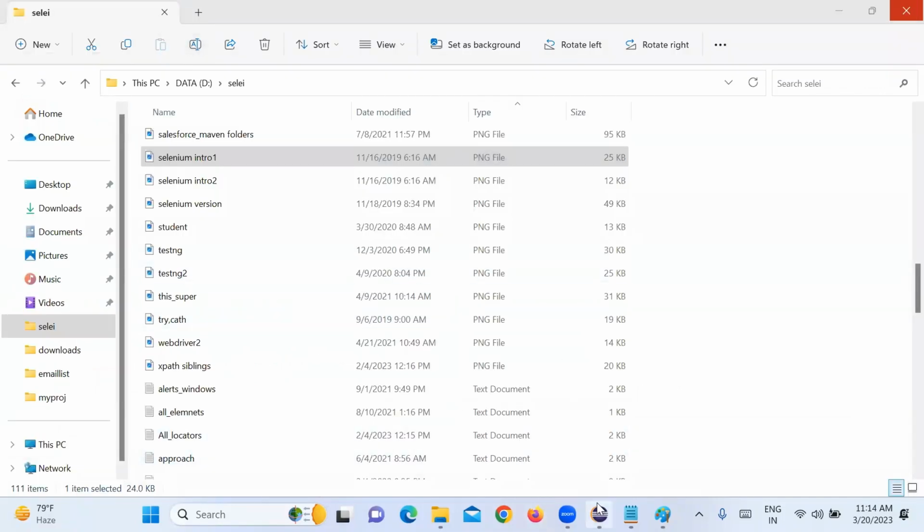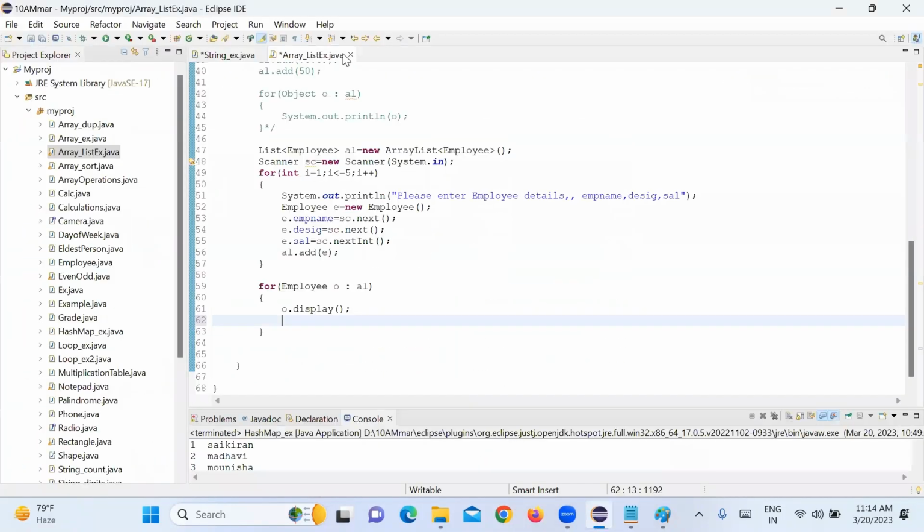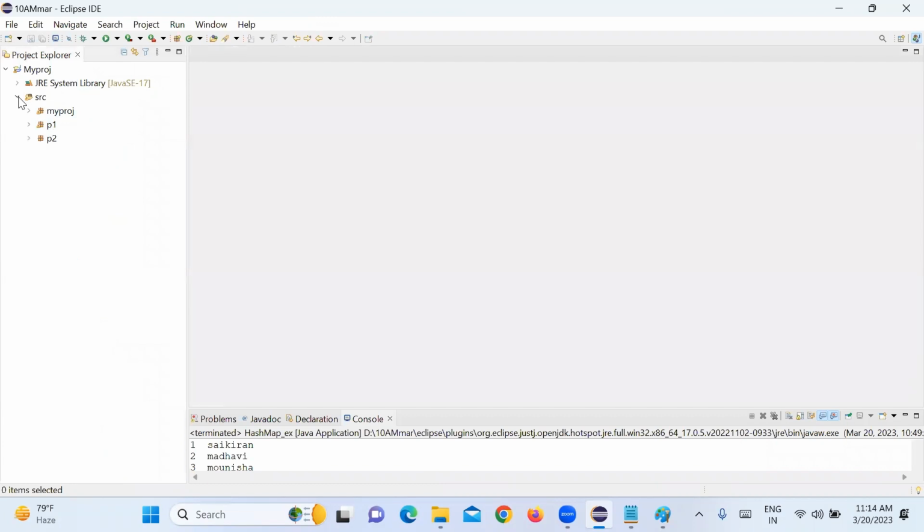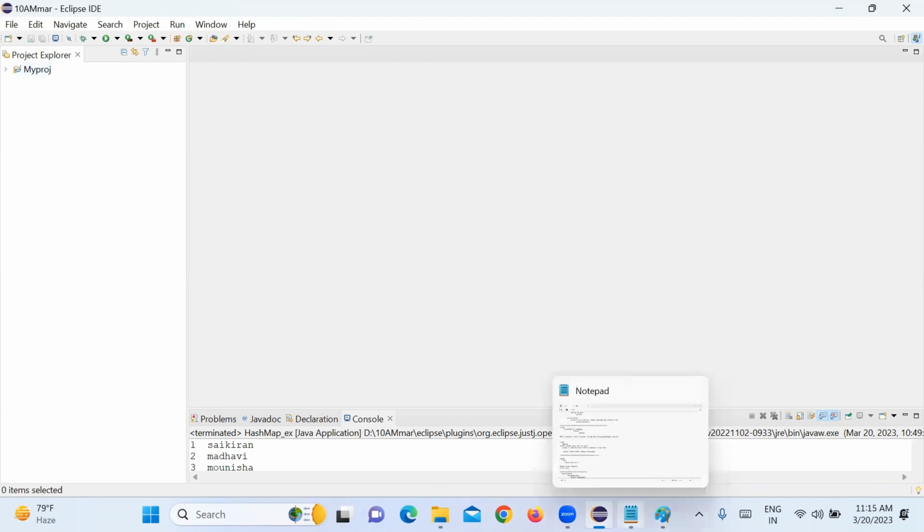Next, if I want to practice Selenium programs, we created a Java project. Let us keep this aside, but whatever we practiced till date, let it be here in this project. Now for practicing Selenium with Java,